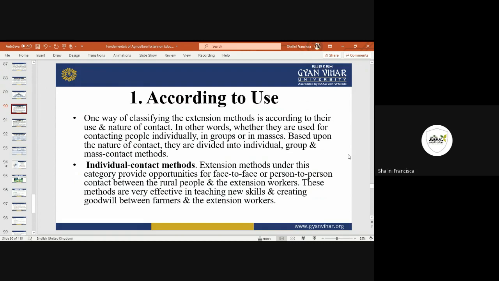and it is easy for you to make him understand, because in a group there are 30 people, and they have 30 different minds to explain a single scenario. But if you are with the individual, you will have an interaction, a good discussion about the things, and then you can have a proper outcome, or a positive outcome. Mostly in the individual contact method, you have a positive outcome for whatever program you are having, or whatever interaction is going on.